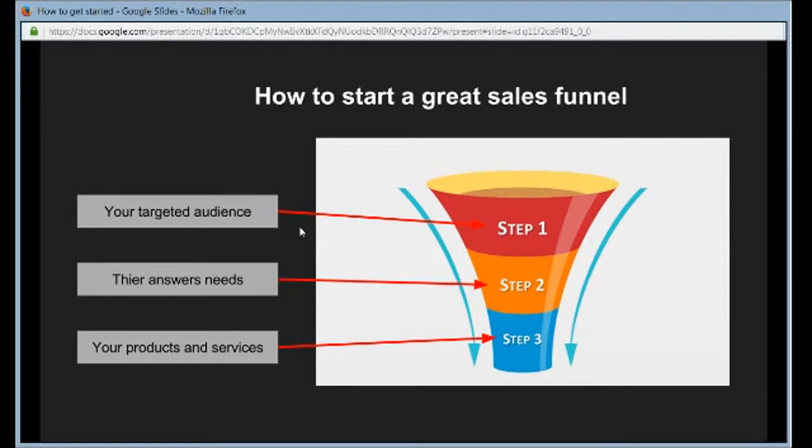Now, I'm going to show you one of my funnels, and you're going to go like, Daryl, what is going on with that funnel? But you'll kind of get the gist. This is why I always say you need to plan your work and work your plan. So let's go to the next thing here.